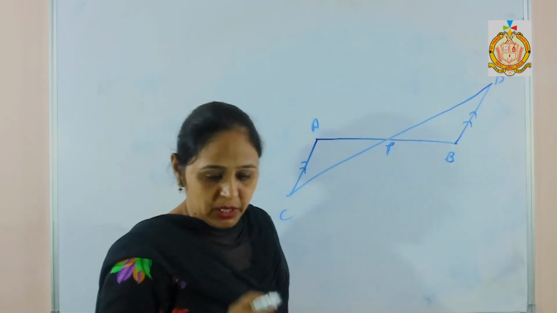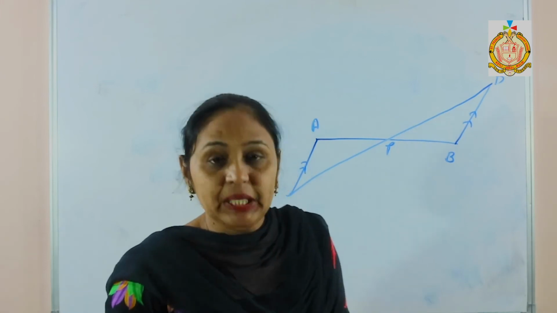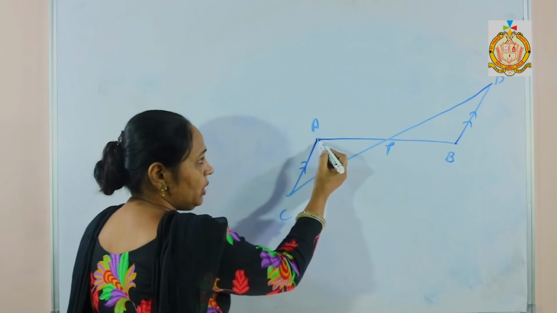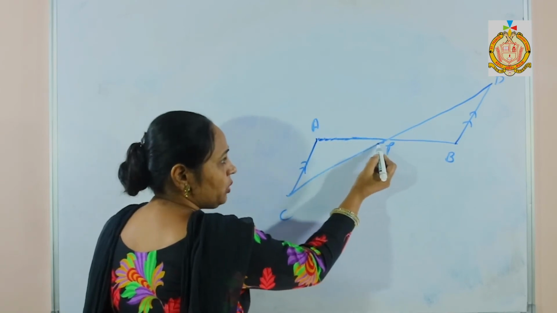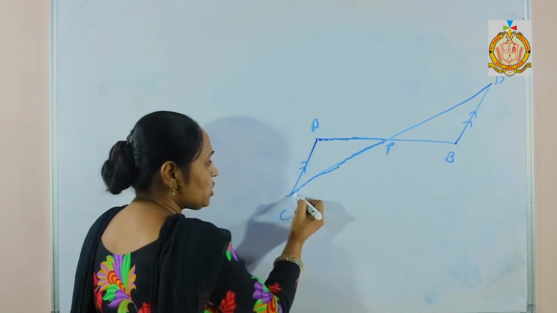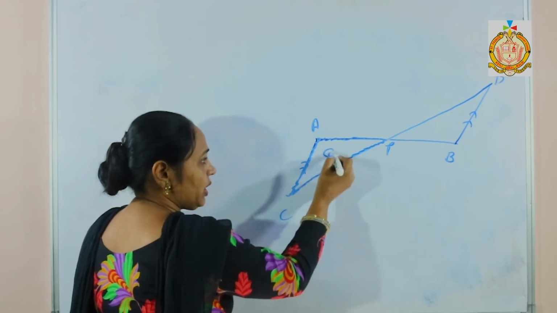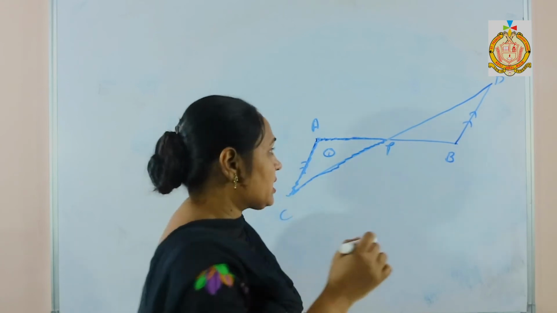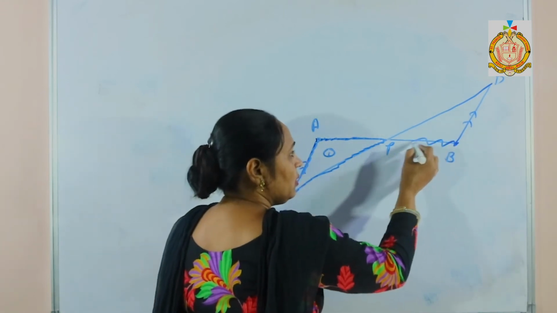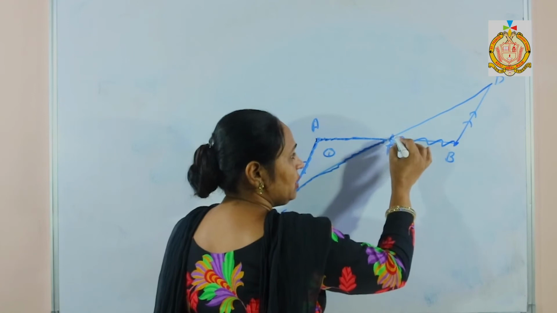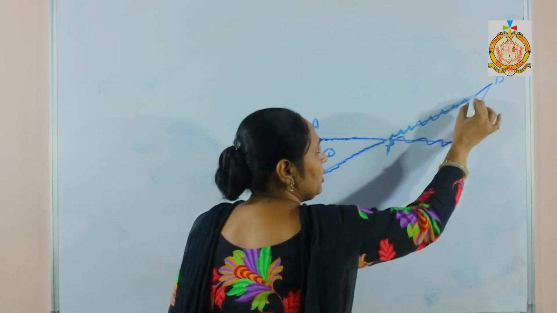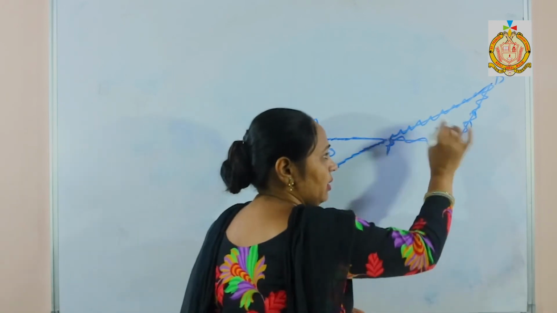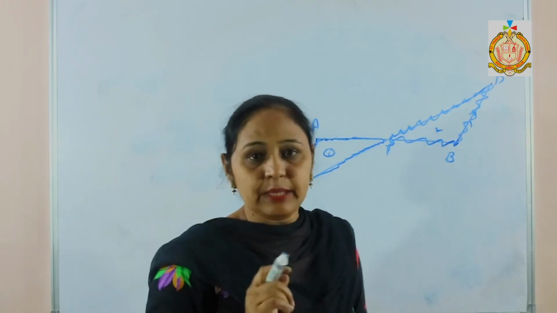This figure is given. Then see the statement APC. I want to find APC. Start from A, come to P, then go to C. That means this is my one triangle. Then the other triangle is BPD. Start from B, then come to P, and the next step is D. That means it is the other triangle. This is my second triangle, and I want to show they are similar.